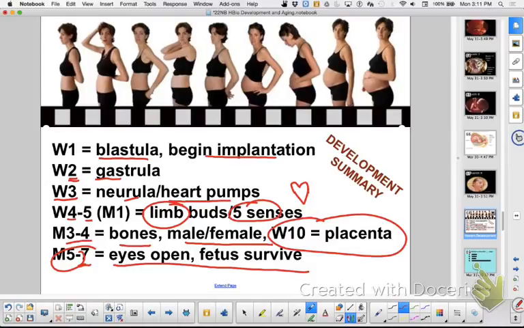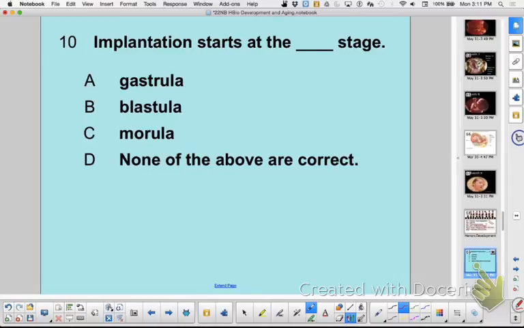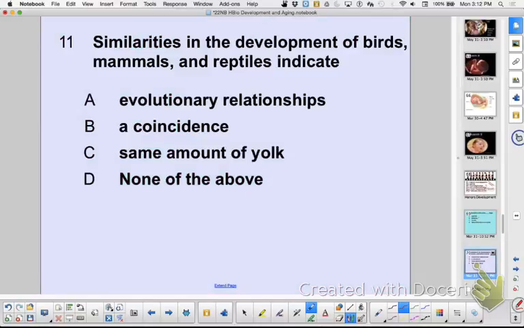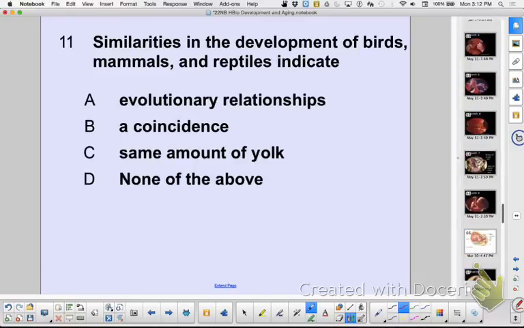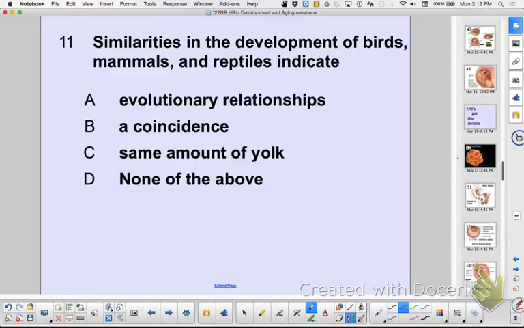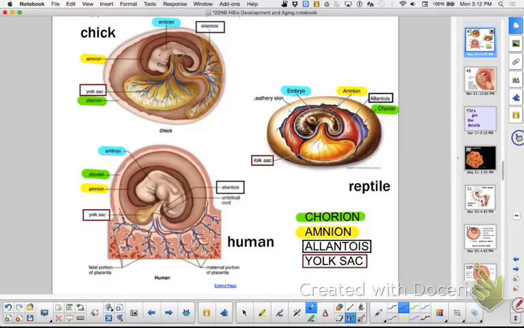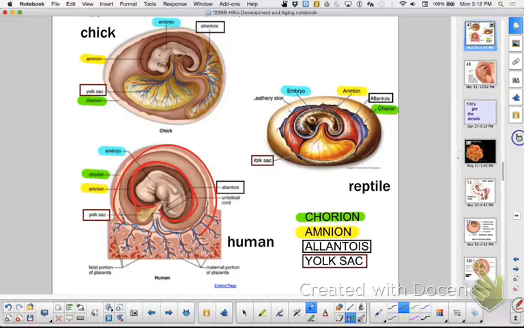Okay? All right, and then looking at the questions, implantation begins at what stage? Yeah, blast into the first week and blast right on into that uterus. Similarities in the development of birds, mammals, and reptiles. Remember we looked in class at the different membranes. And remember, what's the membrane that goes right around the baby? You've heard of it. They talk about it all the time. Amniotic. Like the amnion, when somebody's water breaks, it's the amnion that's right around the embryo. The outermost membrane is called the chorion. The amnion is closest to the baby. Okay, and then